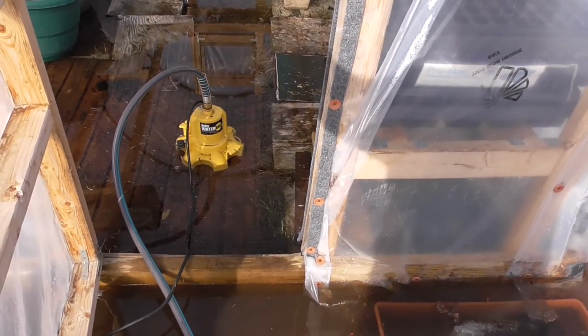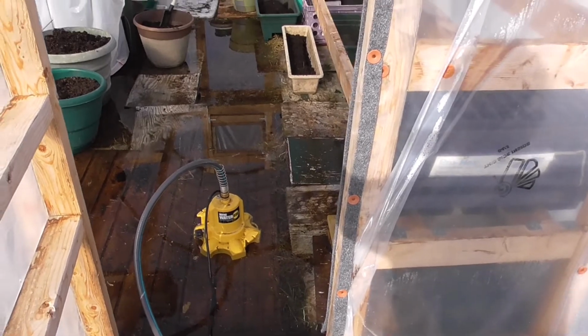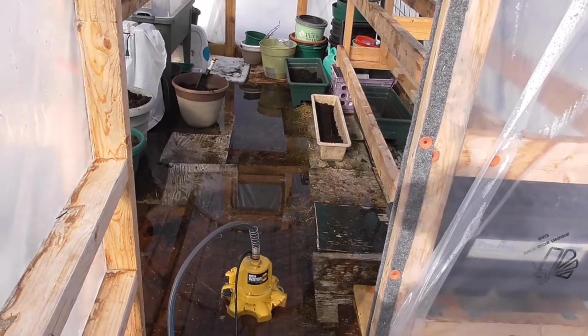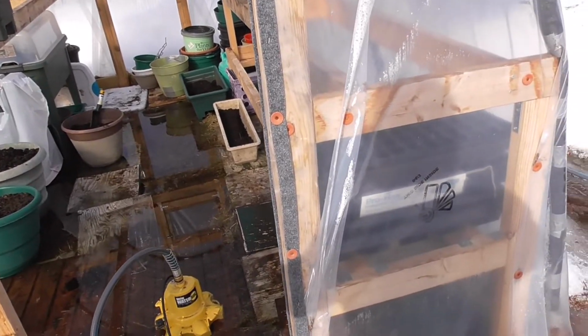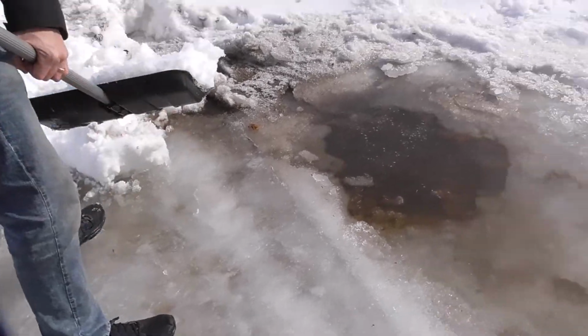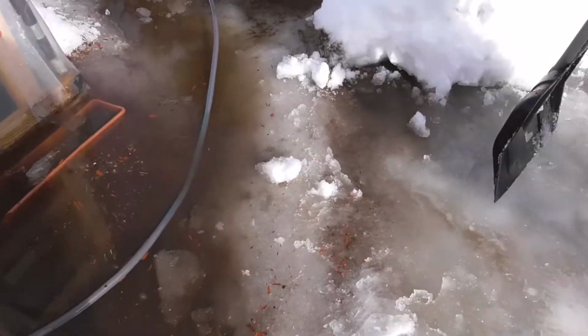It's pretty quiet. I was in here two days ago, moving some of this snow away, and it wasn't this flooded. It's over there where it's the low spot. I built this thing on this spot because it's a high spot in the yard. But I think with all the water and the snow, it's like...